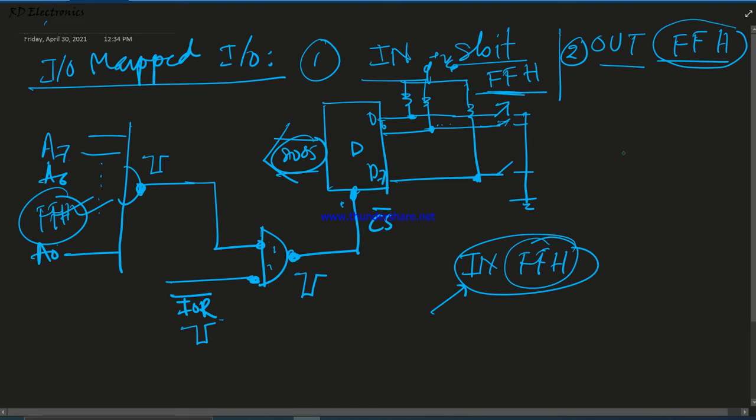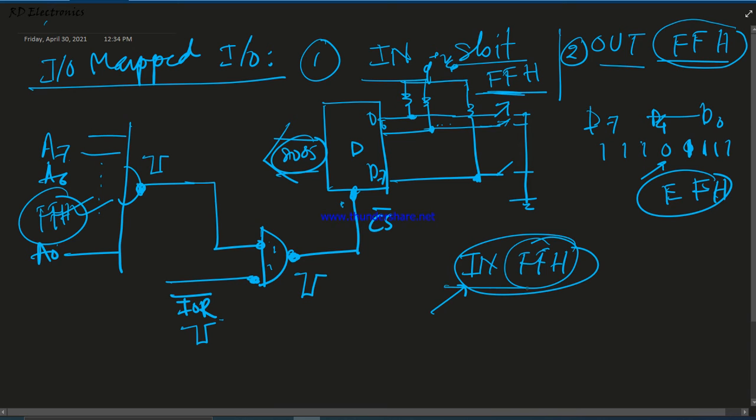There are 8 switches connected D7 to D0. If the D4 switch is pressed, that means D4 equals 0 and all others are 1. If any switch is pressed, then it will be logic 0. So what is the format? This is F and this is E, that is EF. This is the format of the 1-byte data which is stored in the accumulator.